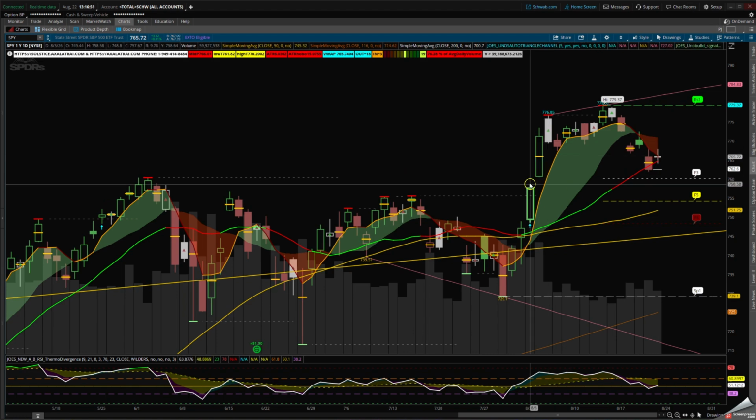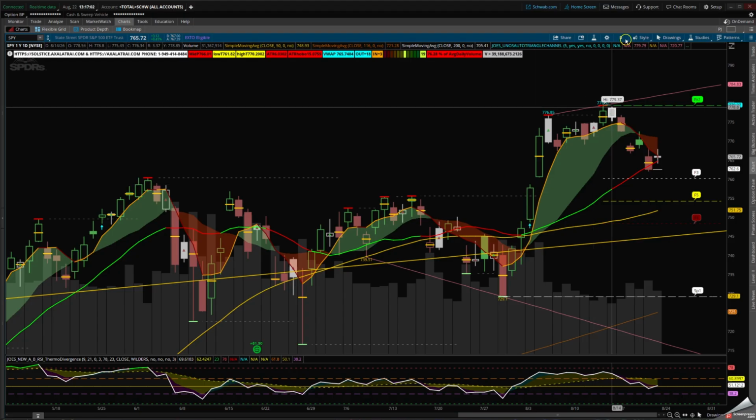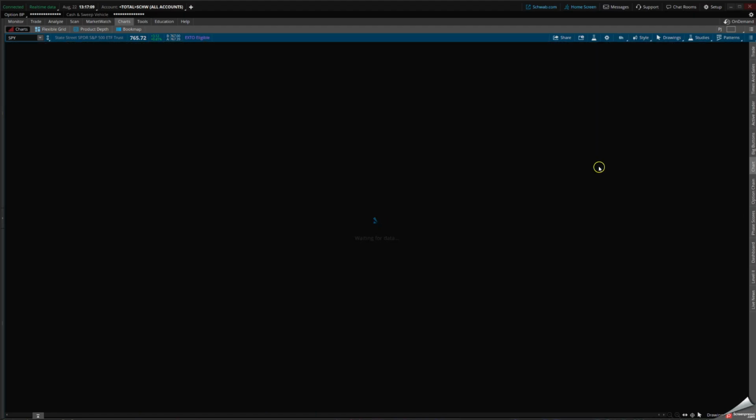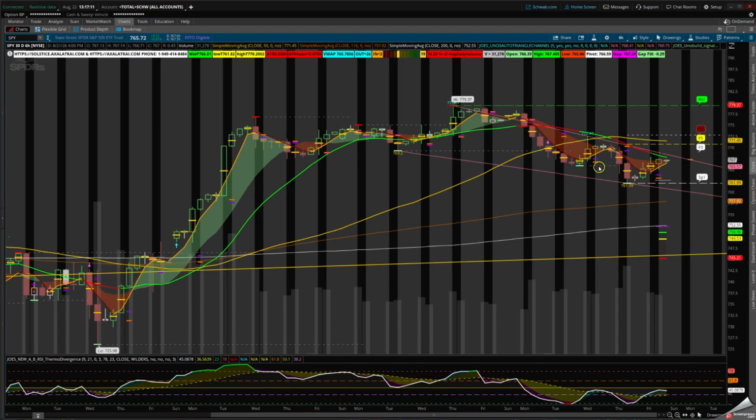We do have this area to consider, and that level at 758.50. So this is very important to understand on the charts on SPY. How do we look at the measured move and understand the risk? So what I want to do, go to a 30-day 6-hour chart, which is very simple to see.